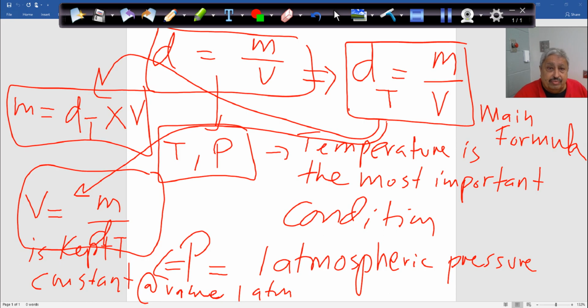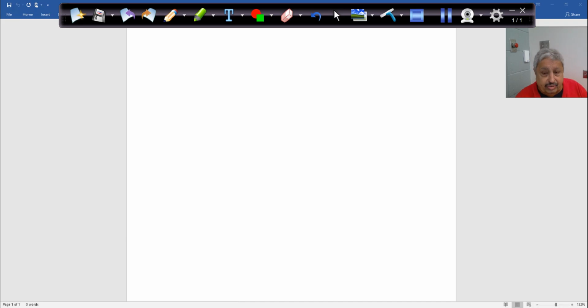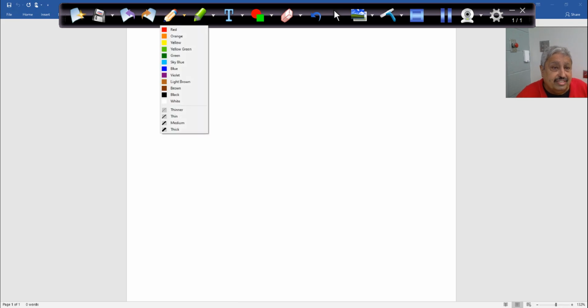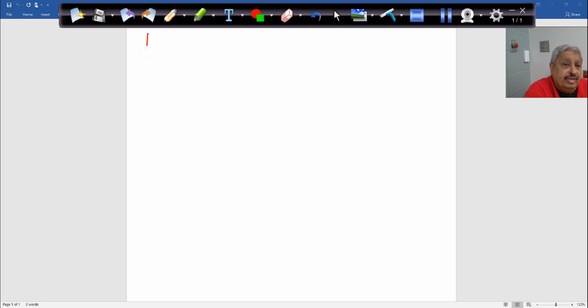One more last thing we have to look at is whether density is an extensive property of the matter or an intensive property of the matter. So can I take this one out? Everybody has it? Okay, so let's take it out. And the last question we have to go through here is: is density intensive or extensive property? So, is density,